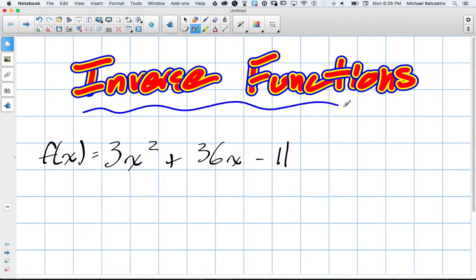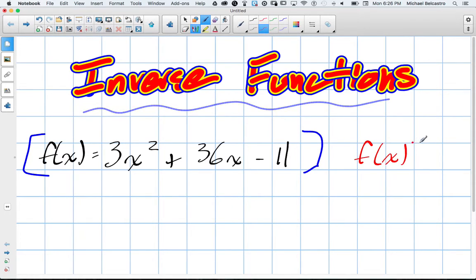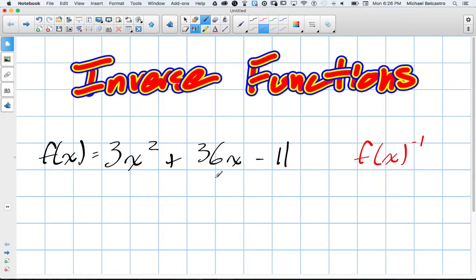Okay, so inverse functions. So we have a function here, and we need to find the inverse from it, which would be written as f at x to the power of negative 1. So if they ever give you a question where they've given you some function is equal to some equation, and they ask for this, they're looking for the inverse, which means they want you to switch essentially the x values